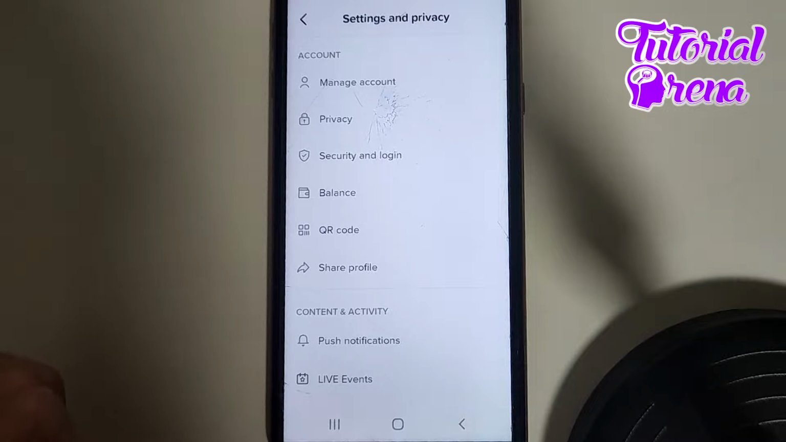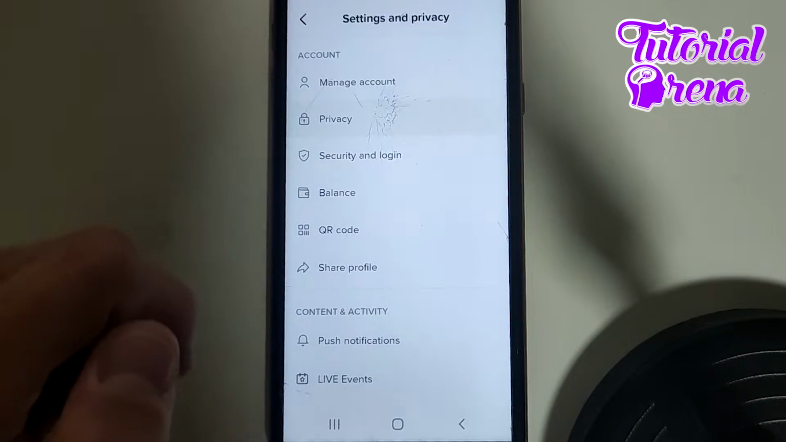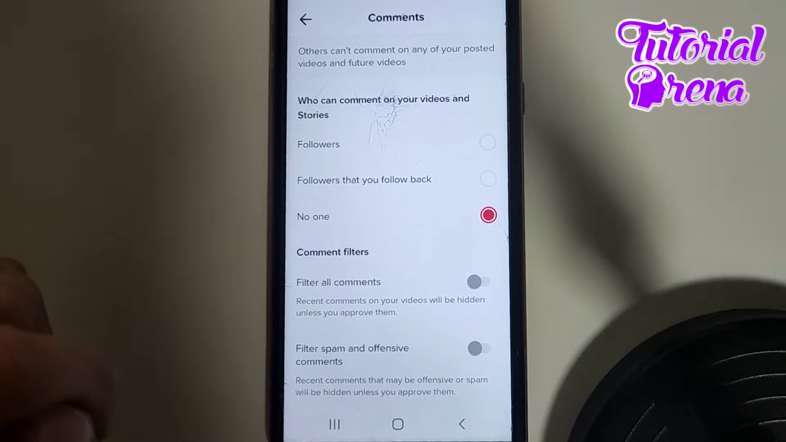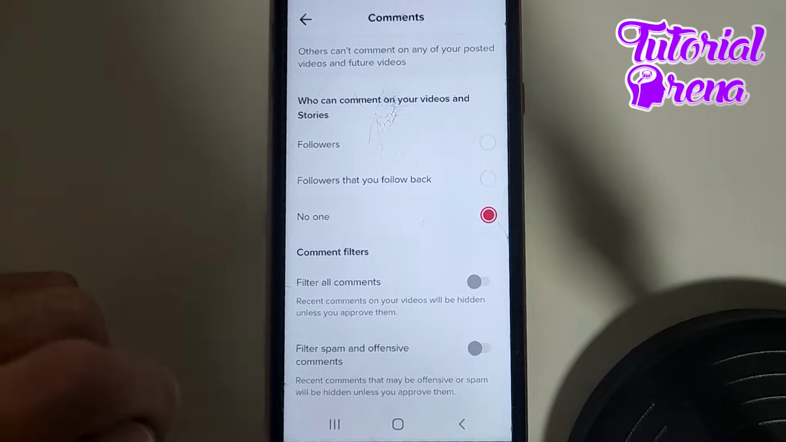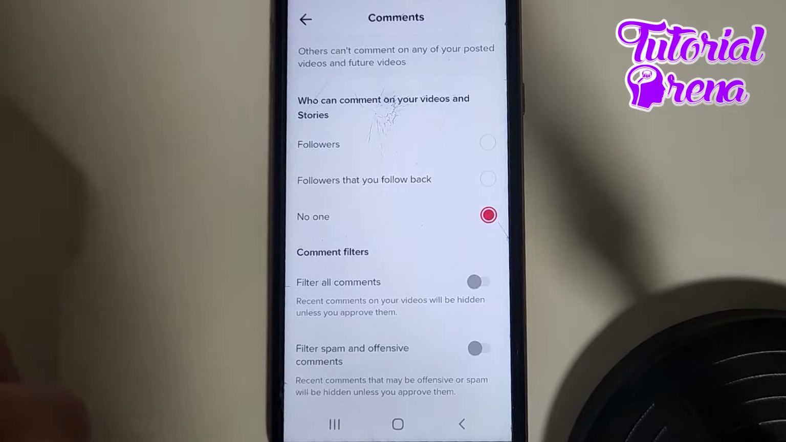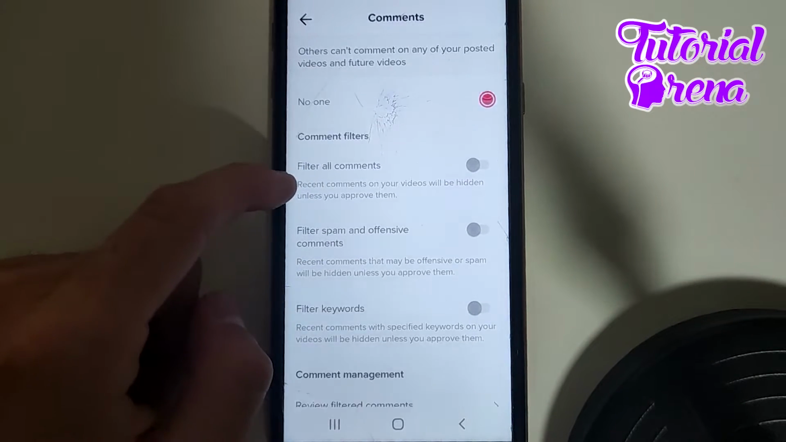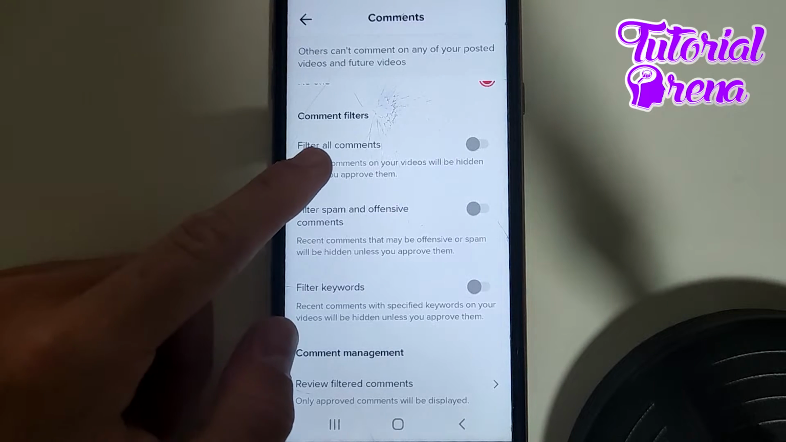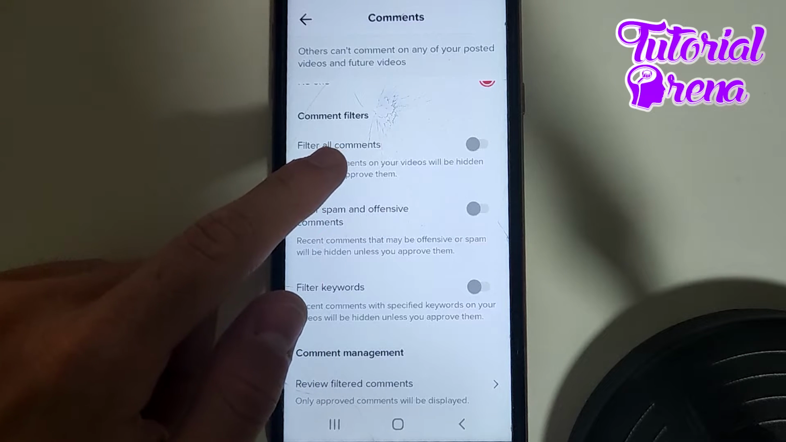right after that, you need to go for privacy, the second selection, then scroll down, go for comments, and what is the most important, figure out right here on this section by scrolling down. Right here you're going to be able to choose between all of these setups which are on comment filters, but